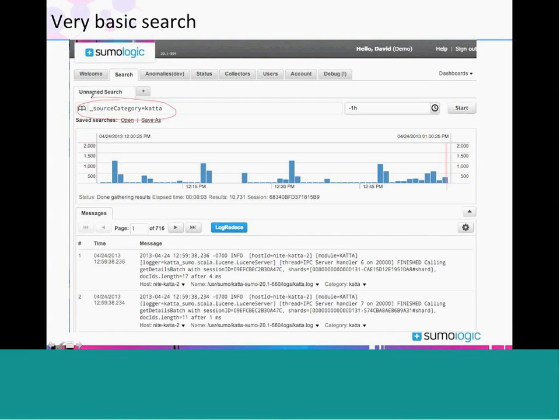Now, before I go any further, I should mention that here at Sumo Logic, we're big believers in dogfooding. That is, we have the Sumo Logic service, the cloud-based service that our customers feed their data into. And we also run a second shadow copy of Sumo Logic that we feed our own logs into, so that we can use our own product to understand the behavior of our own product.